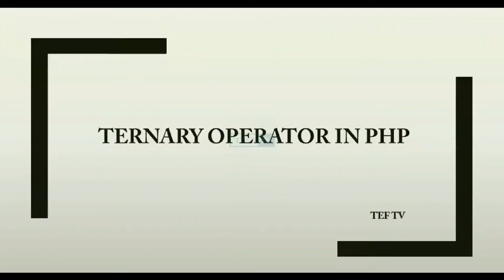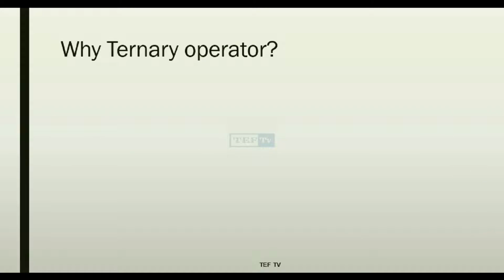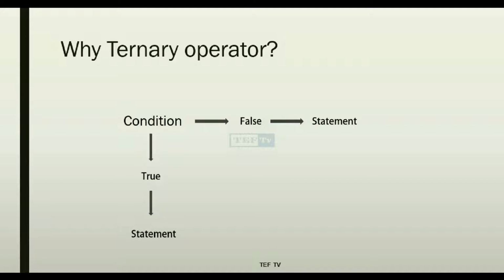In this video we will work on the ternary operator in PHP. As we have discussed in the previous video on the if else statement, the ternary operator also has a condition part. Whenever we test a condition, it will generate either true or false. When it generates a result as true, then the statement inside the true part will be executed. Otherwise, when it gets the value false, then the statement at the false part will be executed.